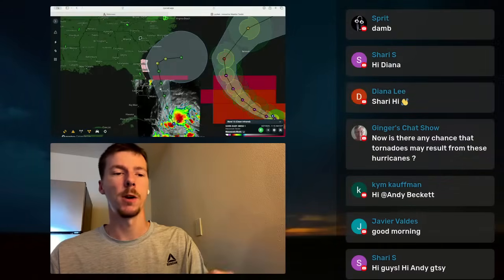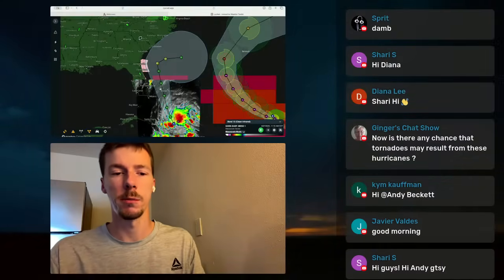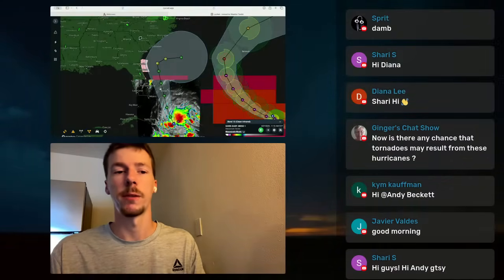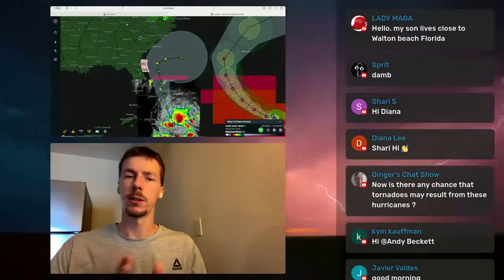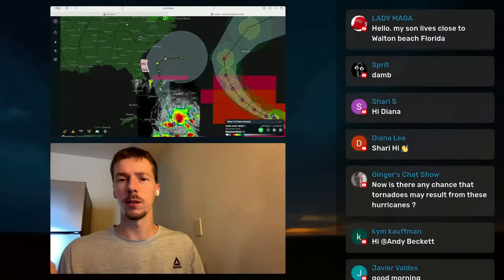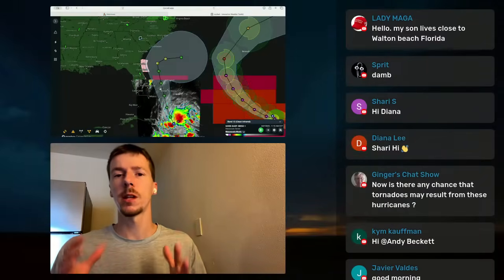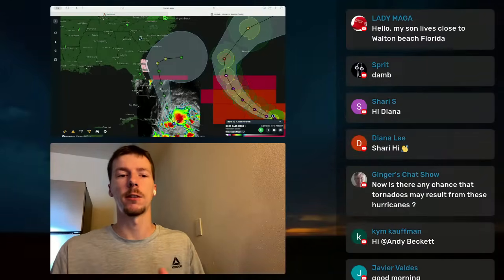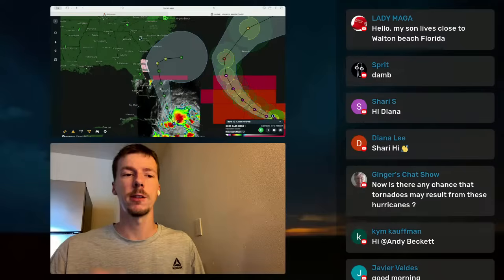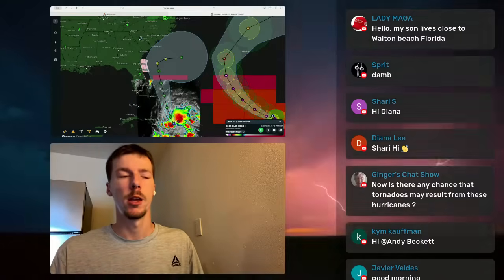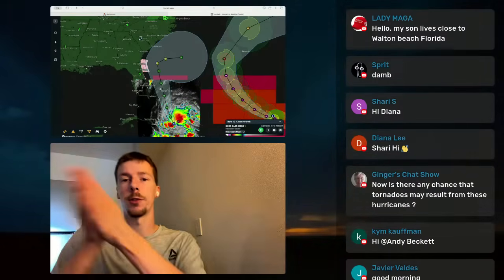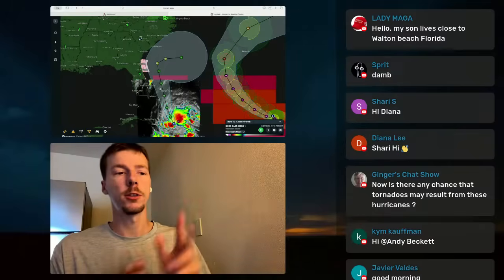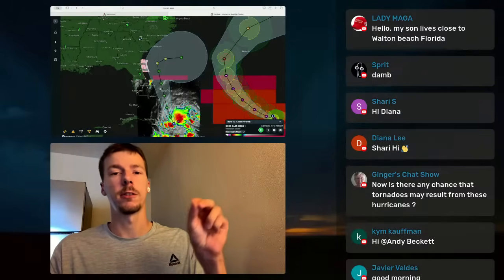If Humberto, for some reason, and it looks like it's going to be a pretty significant storm, starts tracking farther east, if it starts curving more east, or if it's weaker, or basically if it does anything that does not make sense with the models. So if it does anything anomalous from the models, meaning if the models say it should be over here at this time, and it's over there at that time, then we need to start reevaluating because that could have serious